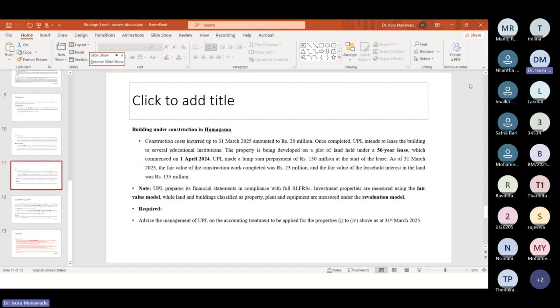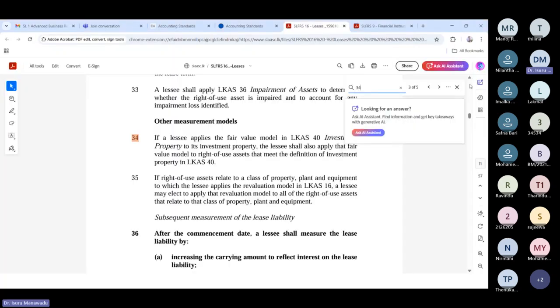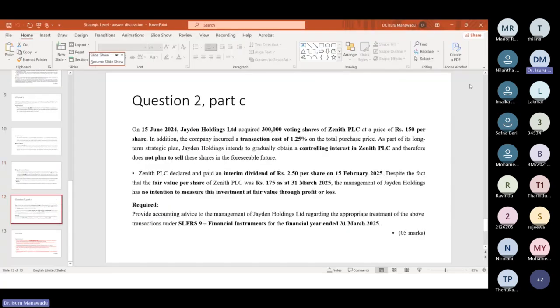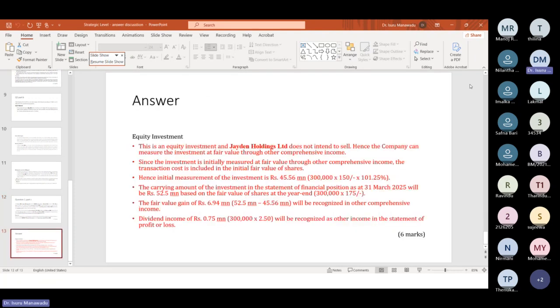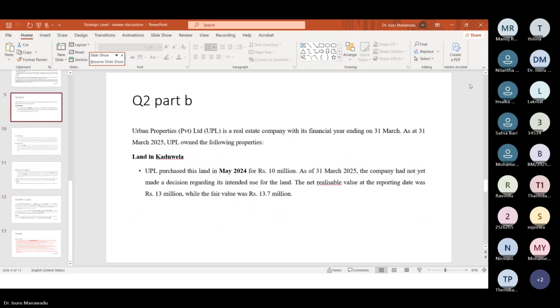Right, that's it. We have covered question number 1, the financial reporting part, and question number 2, the financial reporting part. All 3 sections are connected with financial reporting, right? And the balance one is the case study, pre-seen and unseen. That is purely the December 2024 past paper.